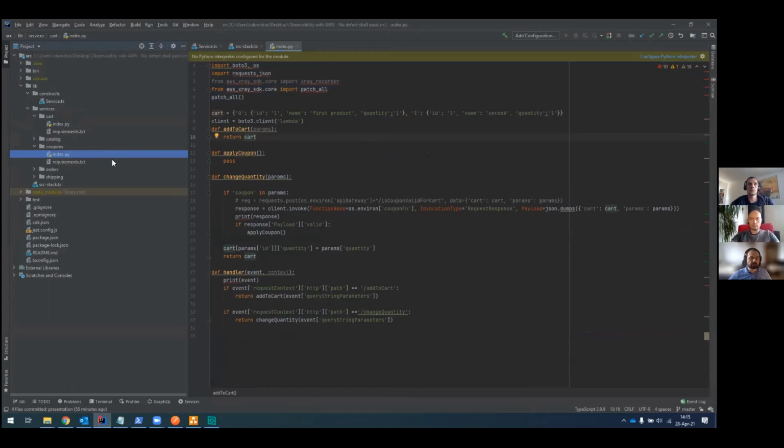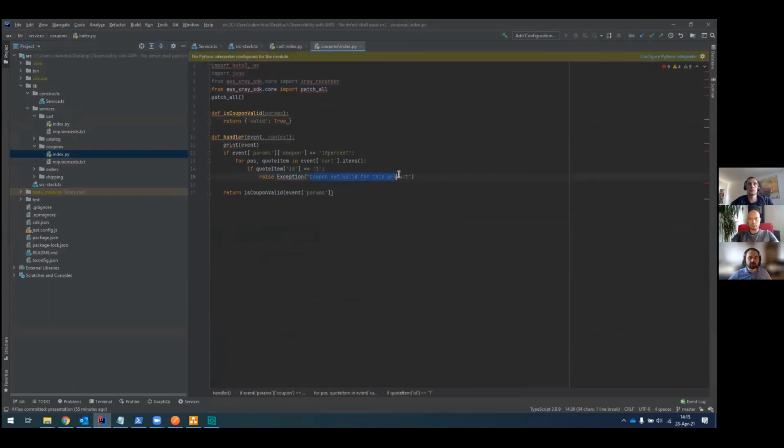But if I go to coupons with the right error message, "coupon not valid for this product," I understand that I either have to add some proper error handling here, so fail silently, or just remove this or do something else in the cart to handle this, but it's not something from the cart. And this might seem a very simple example. It's supposed to be. In real life, you probably have a bunch of, let's say 10 or 20 interactions between services, real life services and modules. So that means it's very hard to spot.